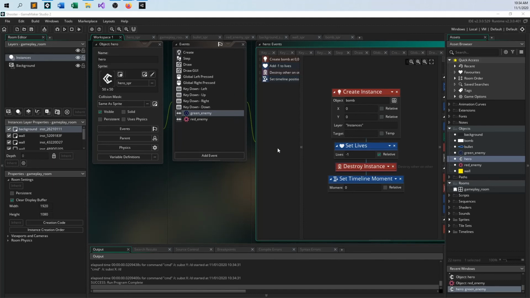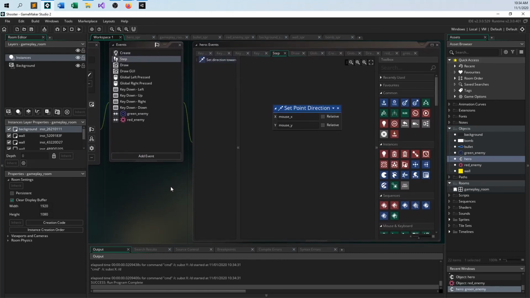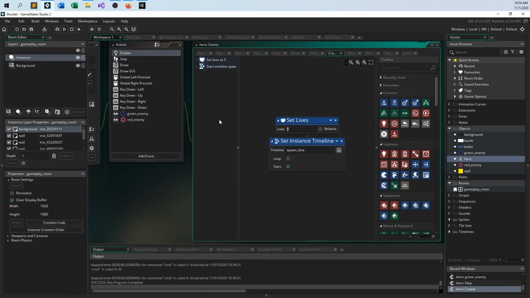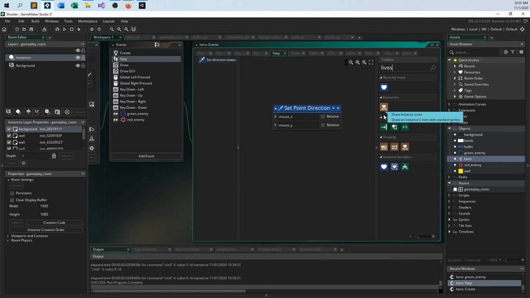So we have ourselves destruction. We can reduce our lives. We can maybe put in a step event here. As we were discussing earlier in a different video, if I make this 4 lives, then in a step event I check to see how many lives I have. If the number of lives is less than 0, then I wish